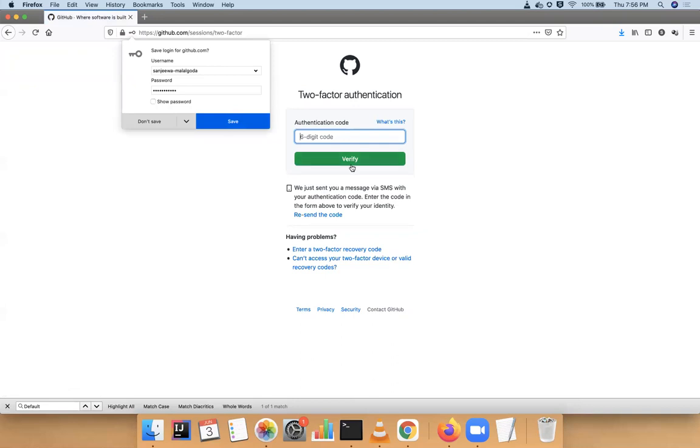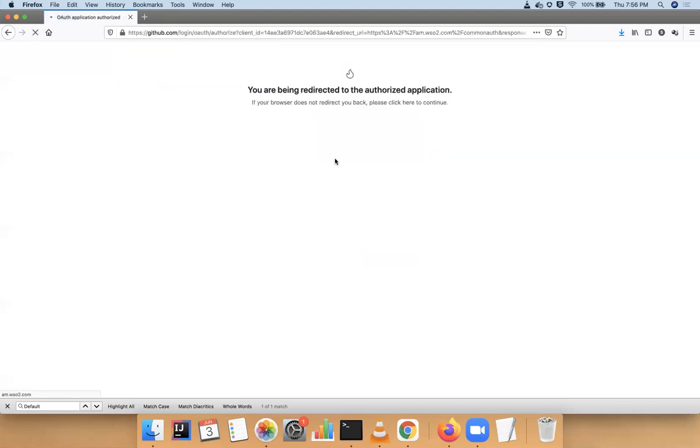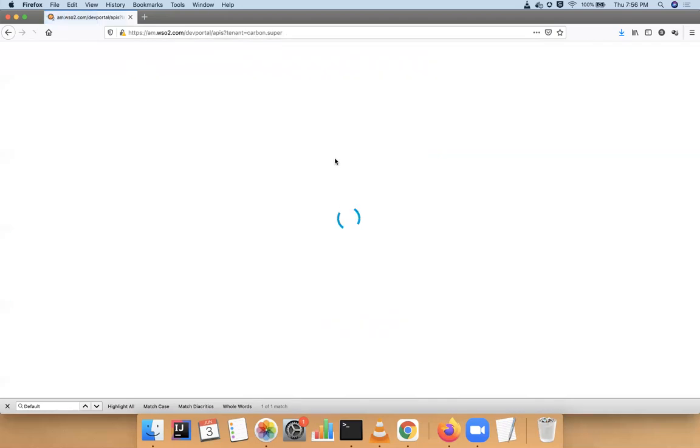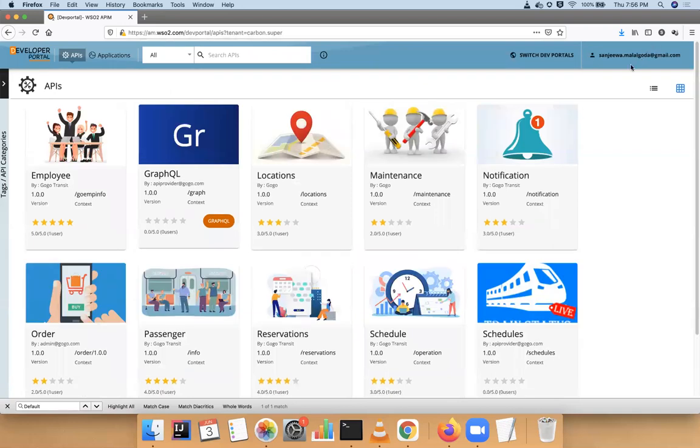Okay, so since I have enabled two-factor authentication, it's sending me a code. So I provided my authentication code, and I'm verifying that. So now I will be redirected to API developer portal. Okay, so you can see my GitHub email username appear here. I can consume APIs.